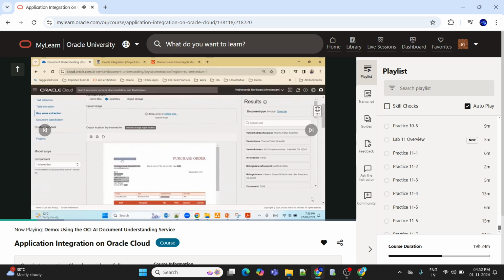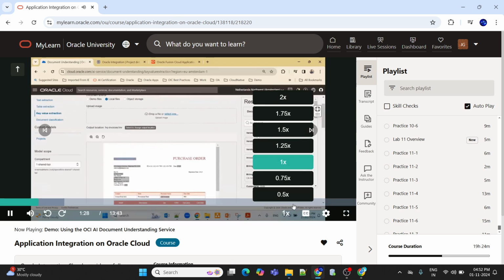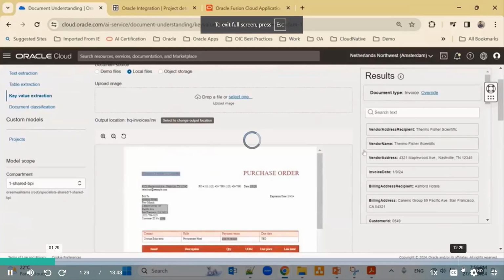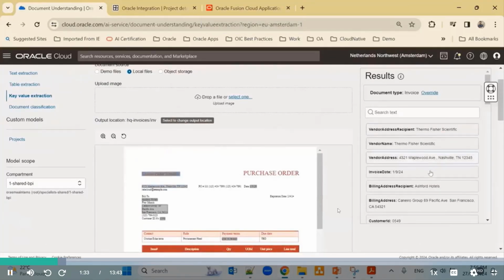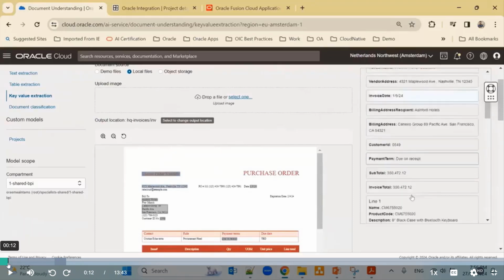So here you can see that it was able to extract the vendor address recipient, which is, I don't know, Thermo Fisher Scientific, vendor address, invoice date,